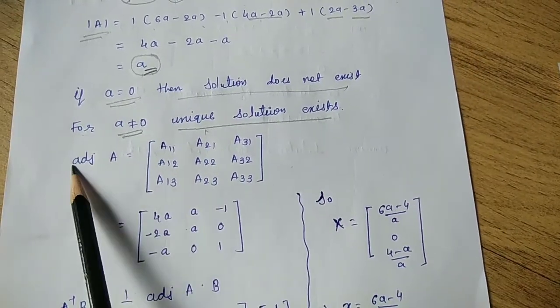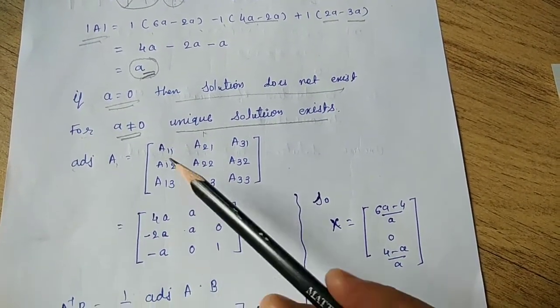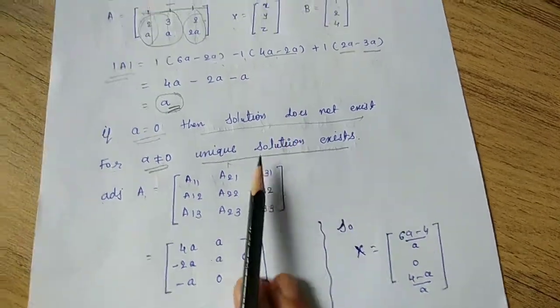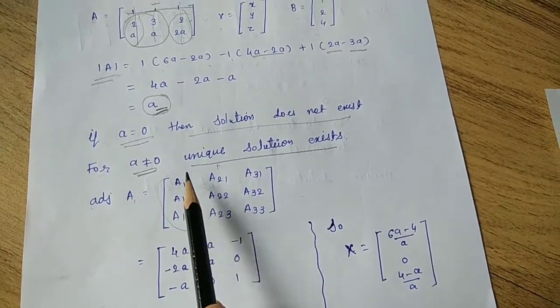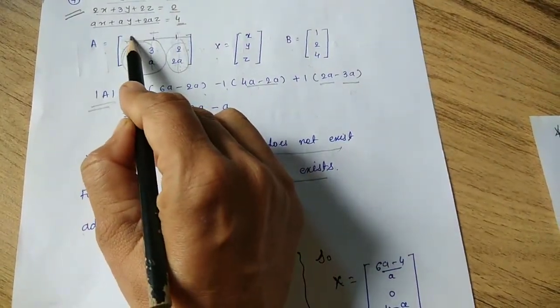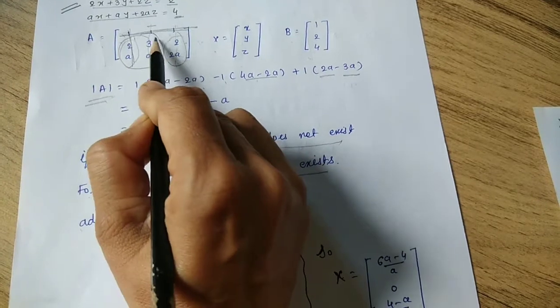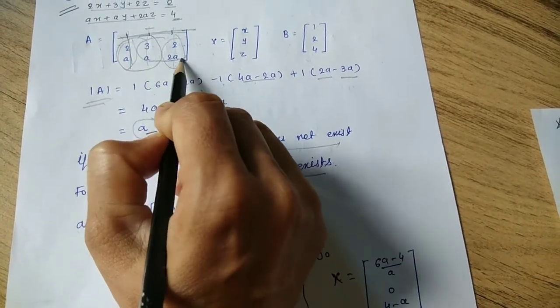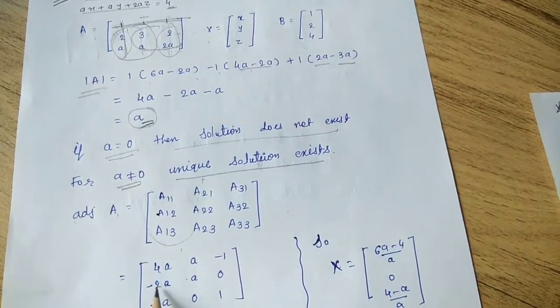Now let me find out adjoint of A. तो adjoint of A अभी आपको पता है कैसे find करना है. So let me see the first column only, कि first column कैसे find किया है. So first column के लिए ये रहा आपका first element a11. तो क्या होगा यहाँ से? 3 2s are 6a minus 2a मतलब 4a.